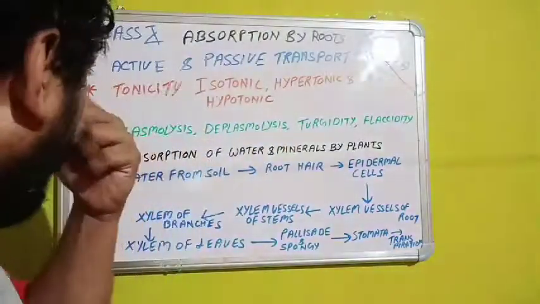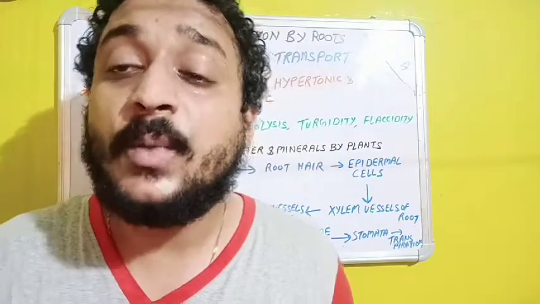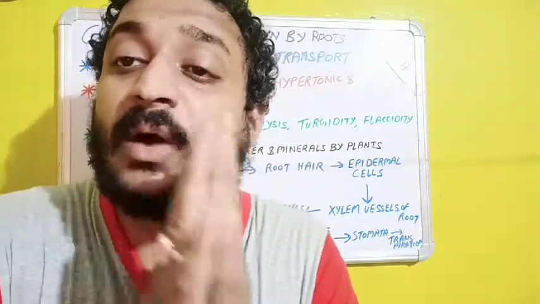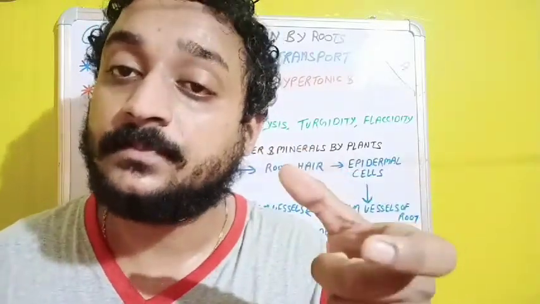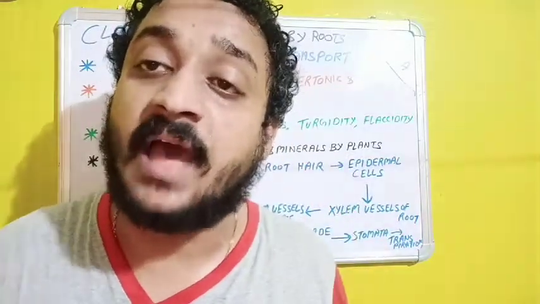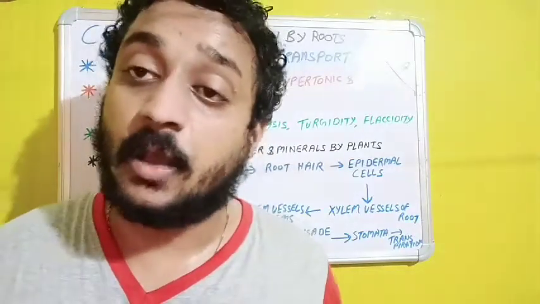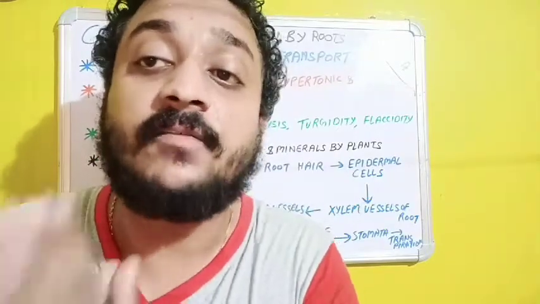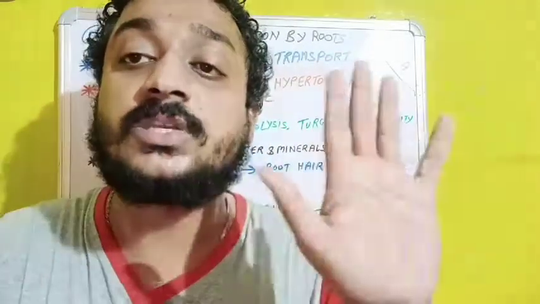Now we will talk about tonicity. Whenever we talk about tonicity, we mean the concentration of one solution compared to the other. Let's say you took pure water in a glass. In that pure water, solvent is at maximum quantity, and another glass of water has 4 or 5 spoons of salt dissolved in it. Then which one is at higher concentration? Of course, the water which has the salt. Why? Because the solute is present there, and in the pure water, there is no such solute.